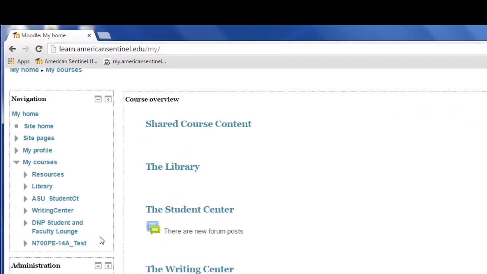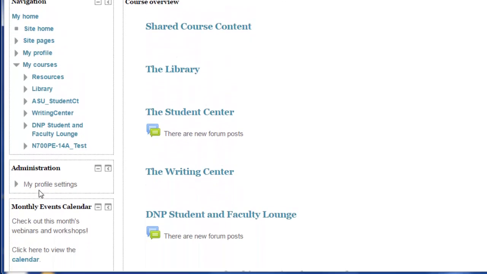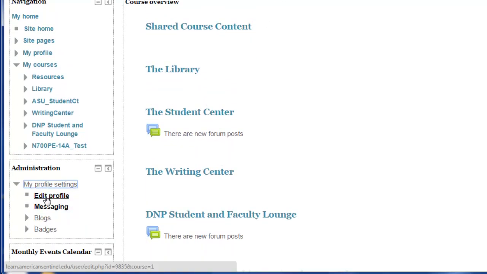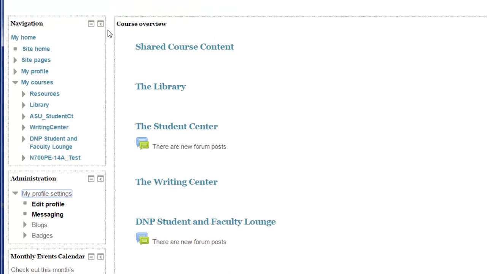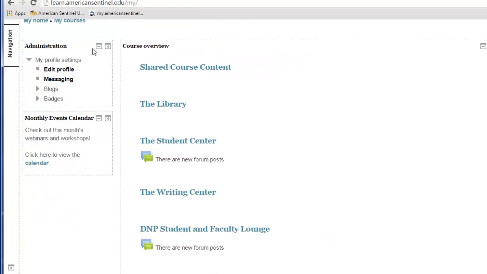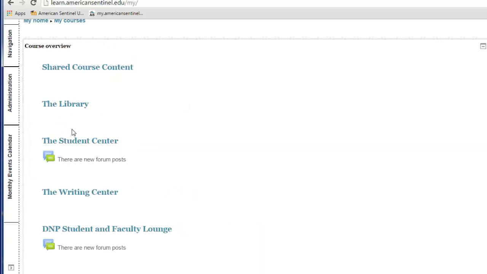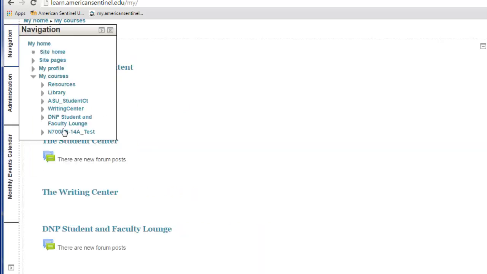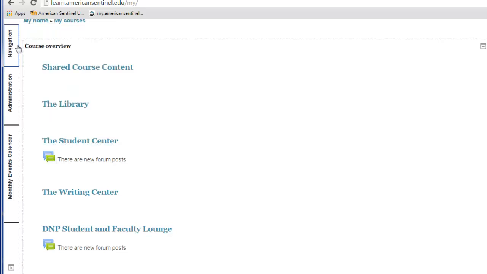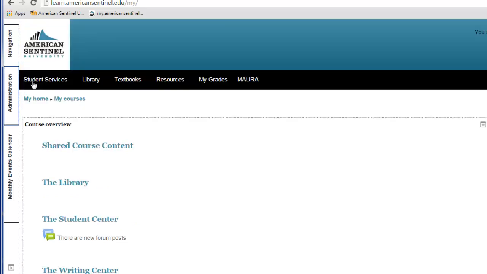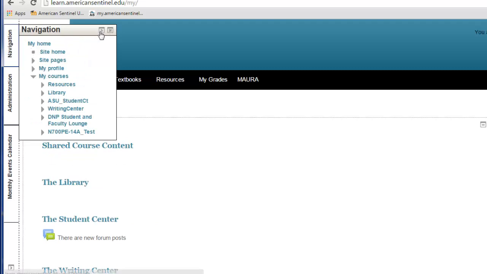You'll see that the navigation is very similar to the exact same links you'll see on the right-hand side, and the administration is where it will take you to edit your profile, which I will discuss more in a separate video. Since a lot of this information is duplicated from over here, you can always hide this by clicking on the left button, and it will dump it to the side menu bar. If you want to open them again, you can navigate to your course from here, or you can expand it back out so that it will be showing up on the right side of your page again by clicking that